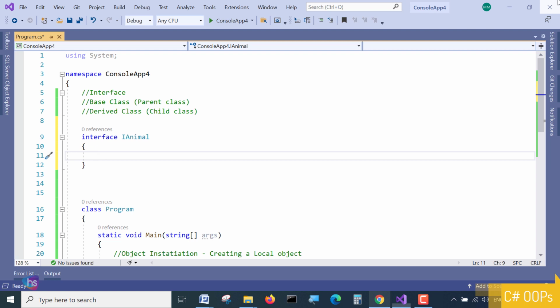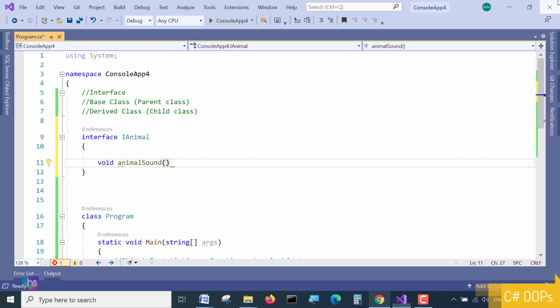I am defining a void method called AnimalSound. This method is called an interface method, and it doesn't have a body. As we have seen in abstract classes, similarly it will be applied.